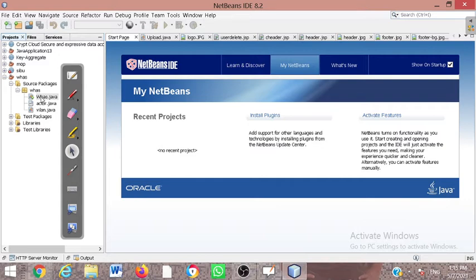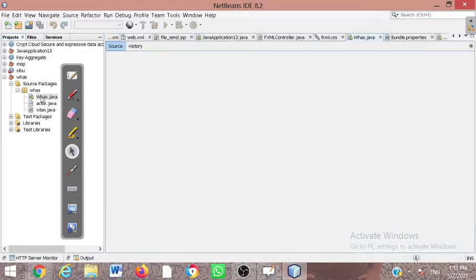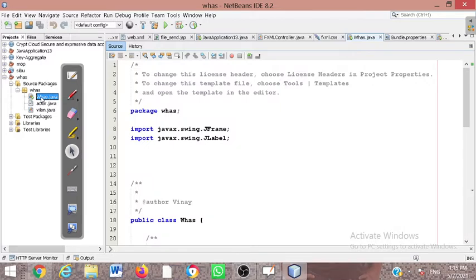Suppose you are going to use two or three levels, and it follows the card layout, which means you can only see the top of the items. Whichever one is on top, that is the only one you can see, and the remaining will be hidden. This is how by default a Java frame follows the card layout.